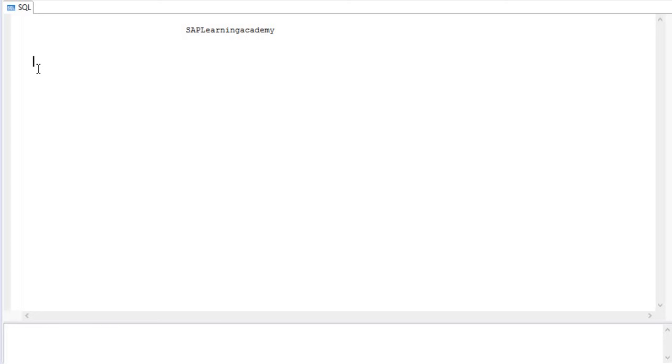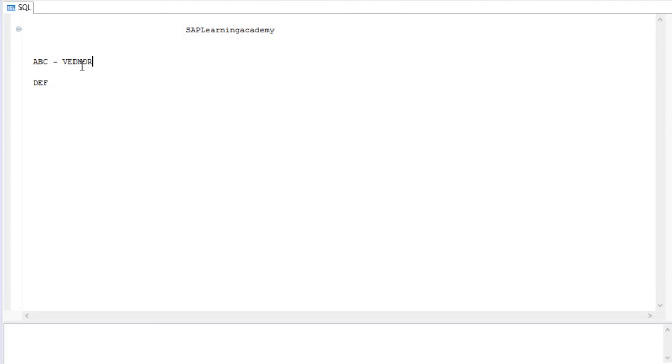Suppose in your catalog, you have multiple schemas. Say I call one schema ABC and the other one DEF. In the ABC schema, suppose you have a table, and let's say the table name is vendor.